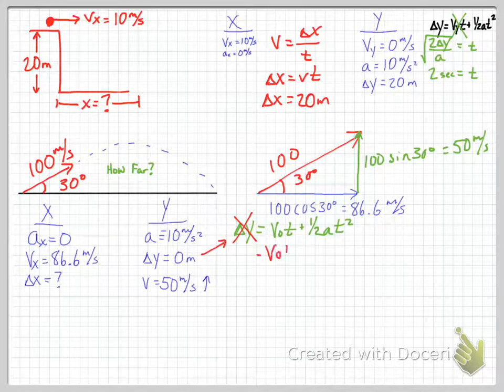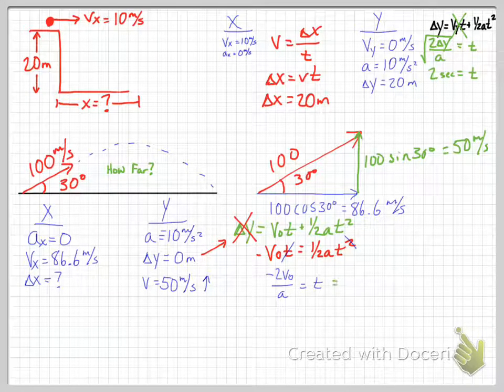Okay, and we know that because the change in y was 0. So negative v naught t equals 1/2 at squared. Whoops, got a plus sign there. There we go. Alright, that allows us to cancel t on the left side and one of the t on the right side. We'll get rid of that square, so we're left with 1 t on the right side. And we move the half over, divide by a, and we get negative 2v naught equals t,